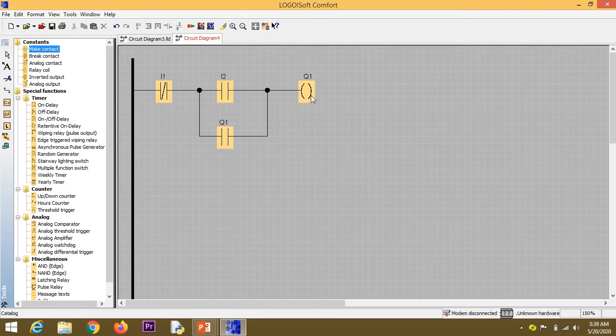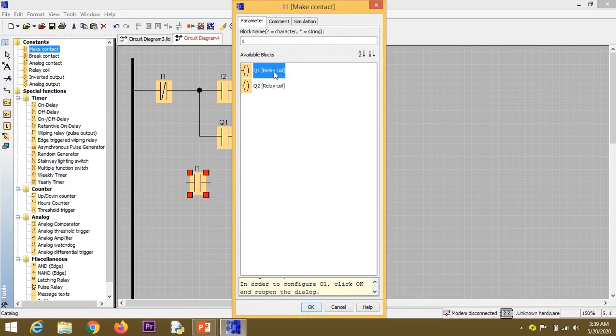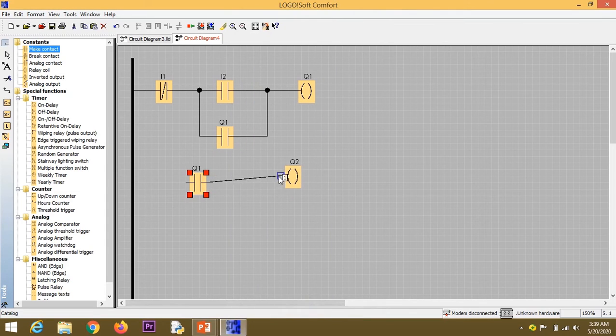And this relay needs to be connected to our motor. So I am taking relay feedback, that is a Q1 feedback, and connecting to motor. Q2 represents our motor.